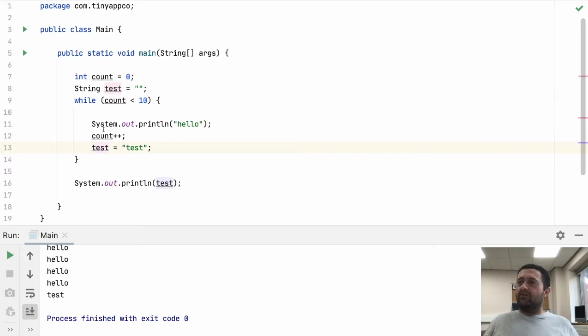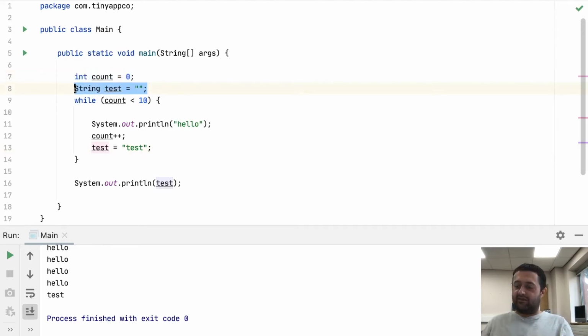The other thing we need to know about while loops is there's another way of getting out of a loop, okay? And that is to use the break statement. So we saw the break statement in our switch statements. We can use it in while as well. So what we might do, for example, is